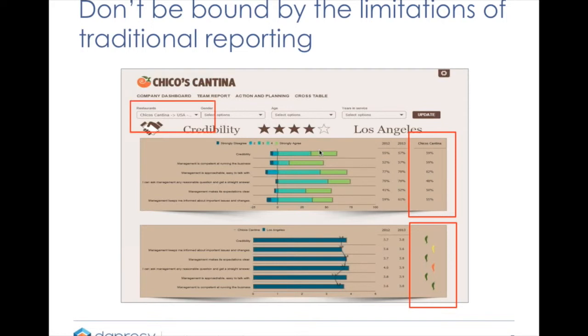In this case, for this restaurant chain, you can have a restaurant filter up here, where you can give different users access to their own restaurant, the restaurant managers. And therefore, you don't have to create this slide for all managers or for all restaurants. You just create it once, and then you give different managers access to their own restaurant, and perhaps with benchmarks. You can add in